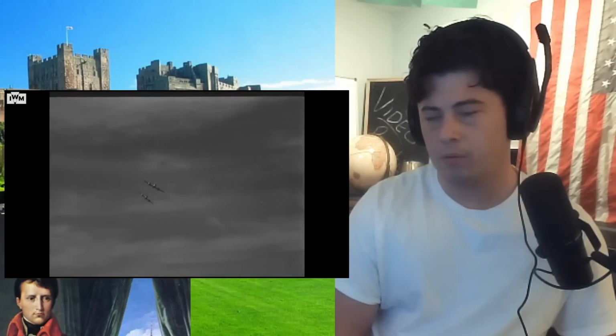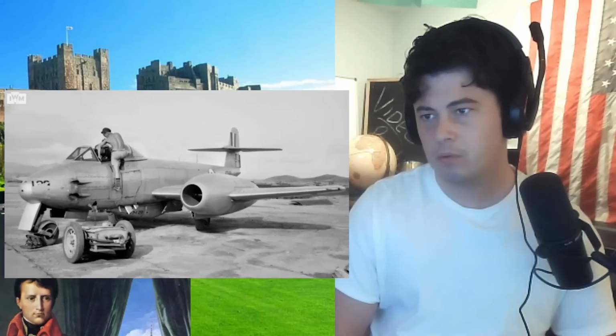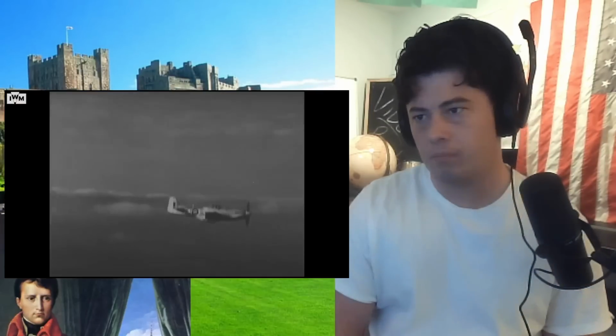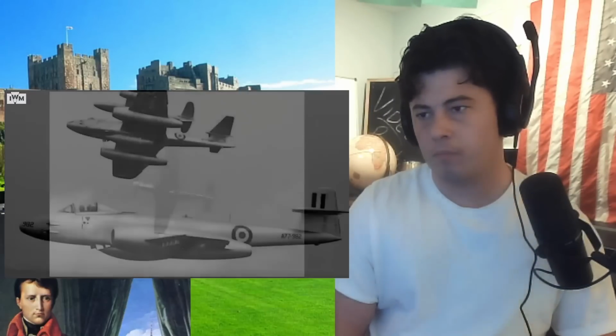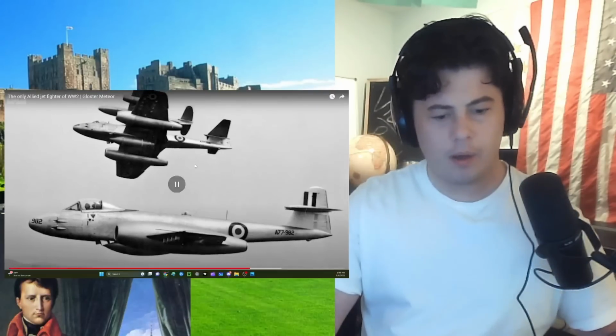They actually acquired their Meteors as a bit of a stopgap. Their interest was with the North American Sabre, but unfortunately the availability was such that they had to purchase the Meteor. The Royal Australian Air Force's first involvement during the Korean War was flying Second World War vintage P-51 Mustangs, but they would be replaced as the war progressed through into 1951 by the Meteor F-8. And they were very well suited to